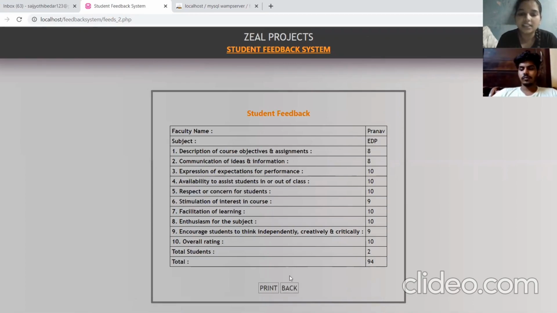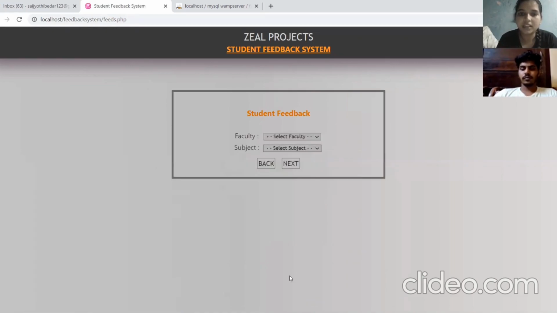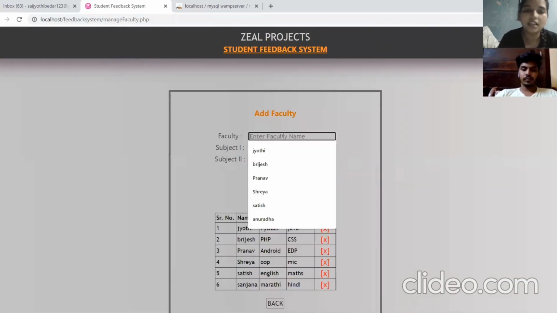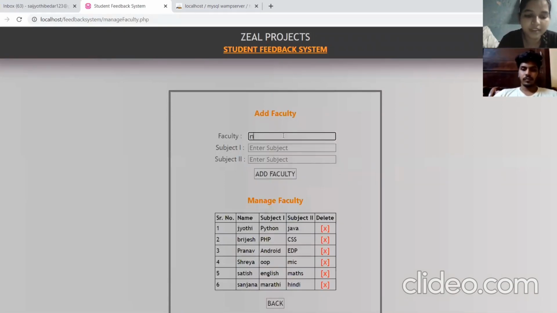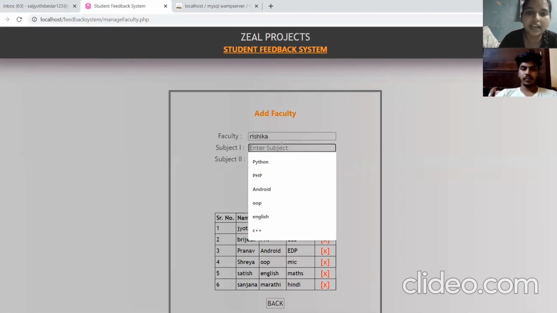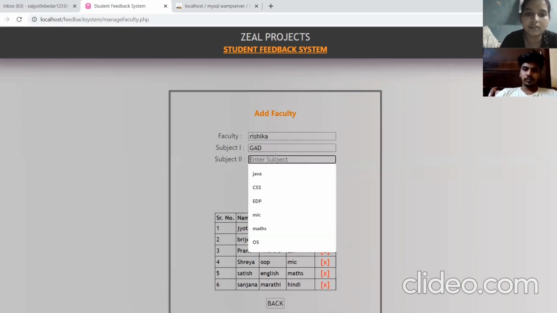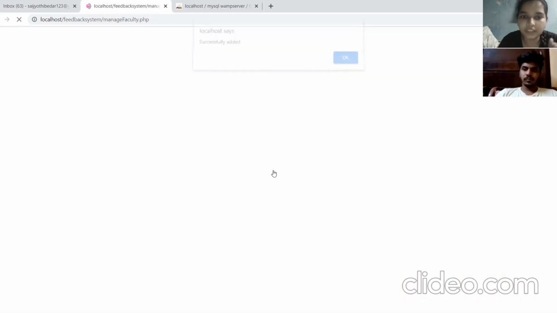So we can see the feedback in this manner, and if we want to add a faculty over here, suppose I want to add Rishika, and enter the subject. Enter the subject GAD, and here MAD, and add faculty.